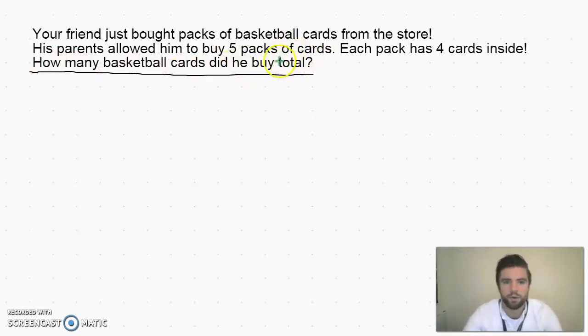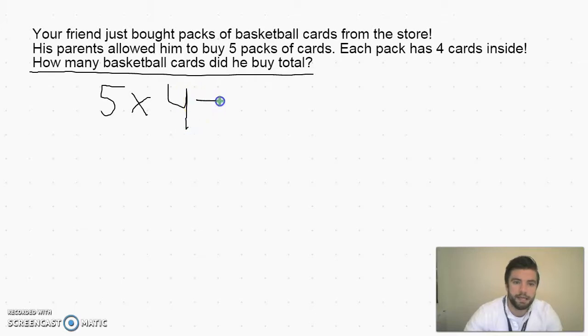So what that total tells me is that we're going to take smaller numbers and we're going to multiply them to get a bigger number, to get the total. So we're going to take groups of cards and combine them together, which means we're going to use multiplication. So the multiplication sentence that goes with this is 5 packs times, how many cards in each pack? That's right, 4. Equals,